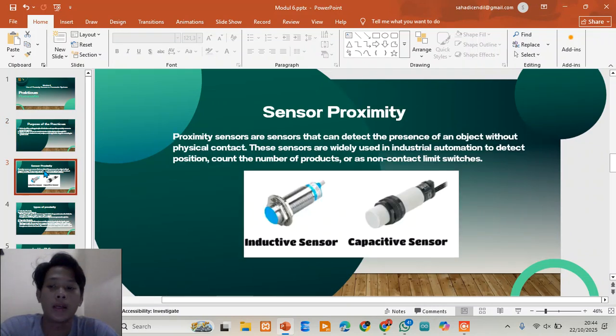Next, what is a proximity sensor? A proximity sensor is an electronic device that detects the presence of an object without any physical contact.